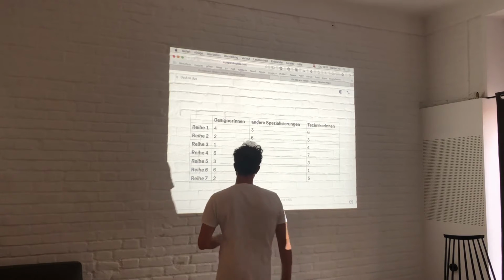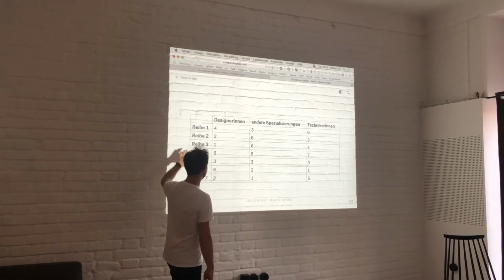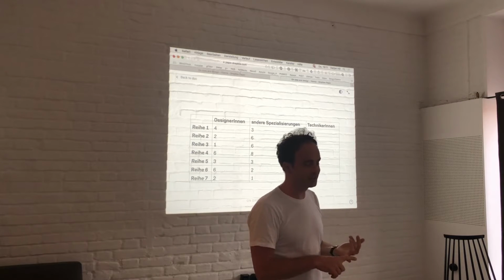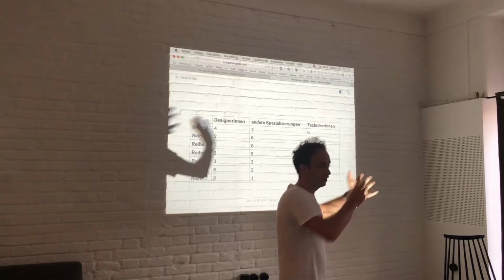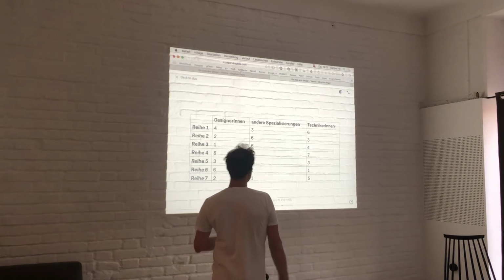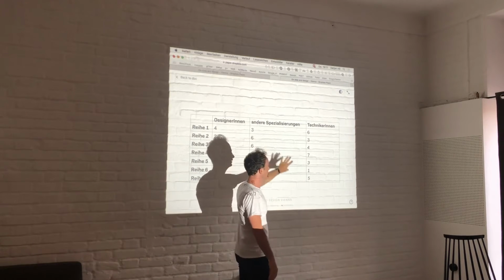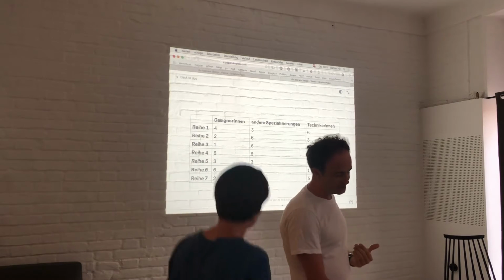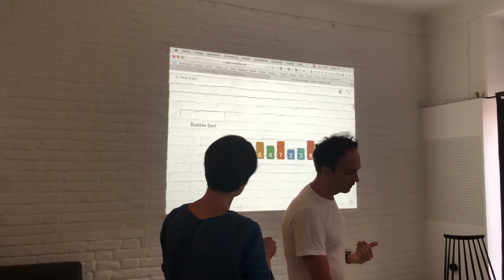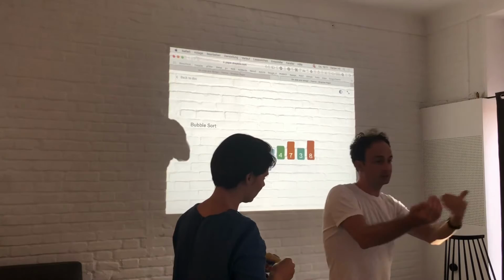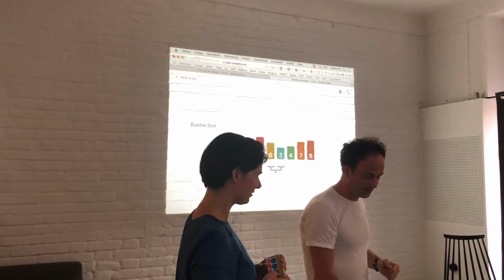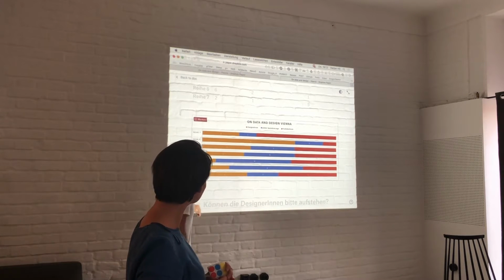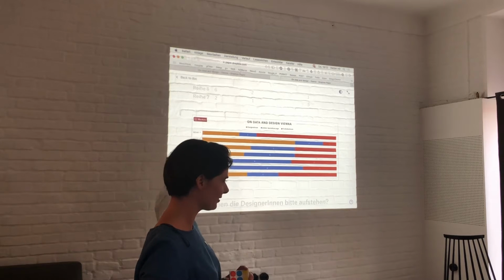we would like to know, this is just an example, in which of the rows are how many designers or people from the developer's side, the technical side, or how many are those who wouldn't put themselves in either one or the other. So the idea is that you actually go up, talk just to your neighbor, and that you switch places. And that in the end we have something like a diagram saying, okay, let's say on the Windows